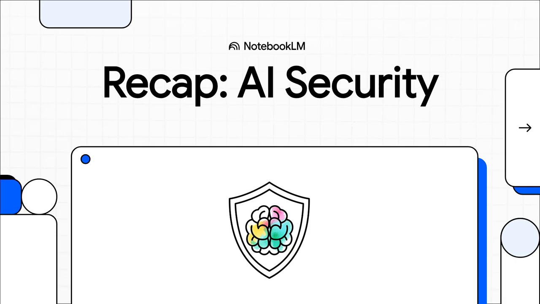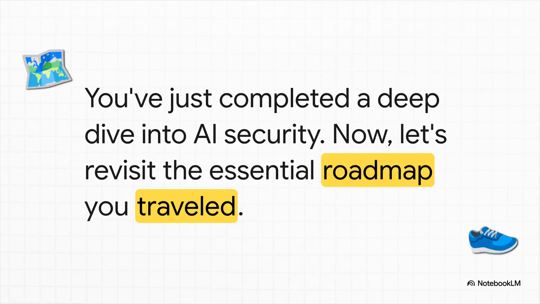All right, welcome back. You have officially made it through our deep dive into AI security for leadership. So now, let's just take a quick moment to fly back over the territory we covered, just to make sure all those key ideas are fresh in your mind and ready to go. Think of this as our highlight reel. We're going to retrace the journey we just took together, hitting all the essential landmarks one more time. This way, you'll have a really solid grasp of the entire roadmap before you start applying it.